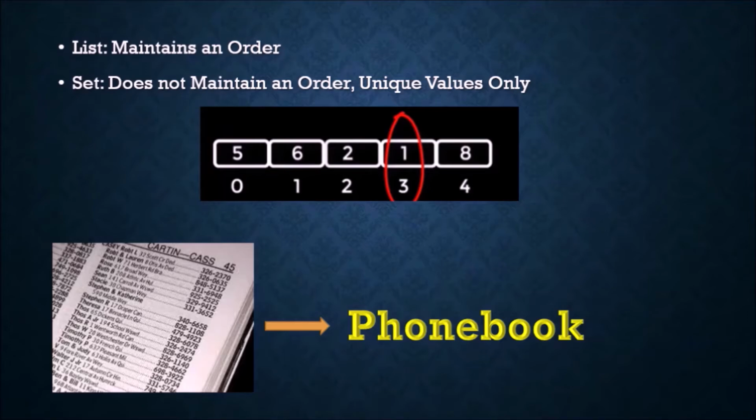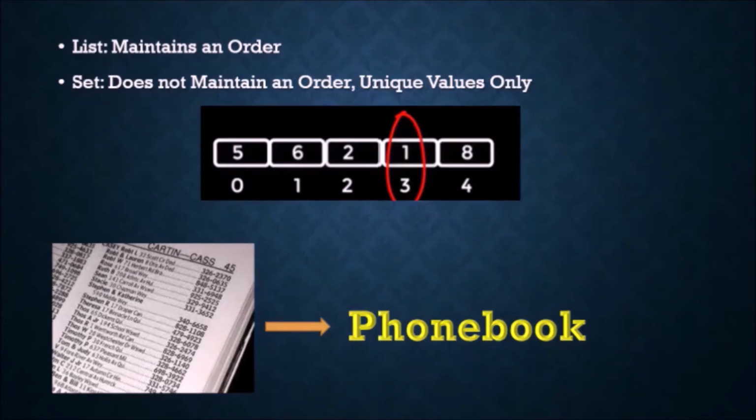But sometimes it makes more sense when every single value has a key attached to it, just like a telephone directory or a phone book. In that, if we want a number, we search it by its name. So for that we use a dictionary. So let's make a dictionary.